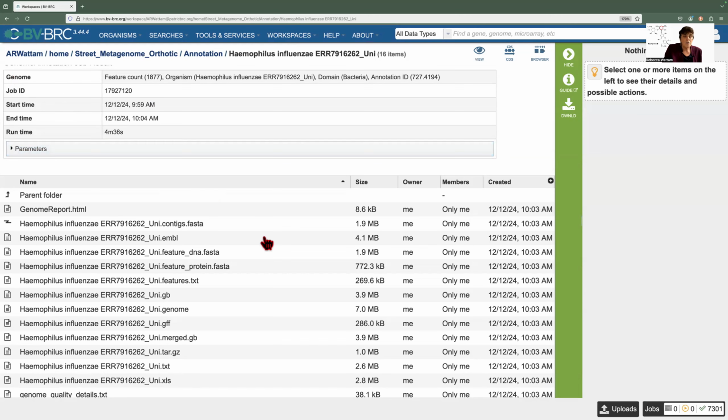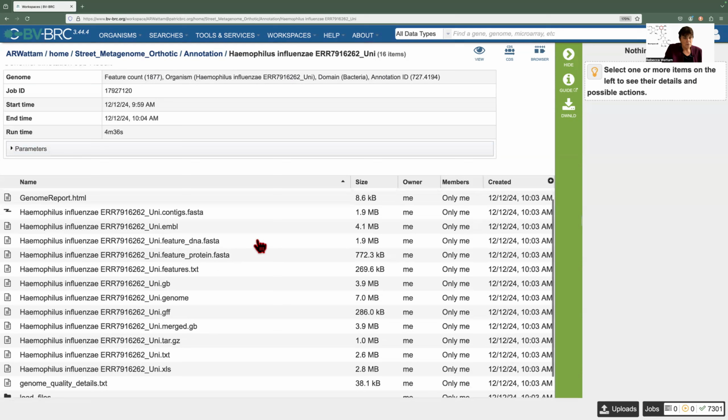Now, these are all the files that come with the annotation report. This is for a bacterium, and we use the bacterium pipeline. My favorite thing is the genome report. We're going to discuss that later. But here are some of the other files. And so we're just going to go over some of the highlights. Each of them is a highlight in its own way, but some of the ones I think will be most useful for you. So there are the FASTA files, and biologists,